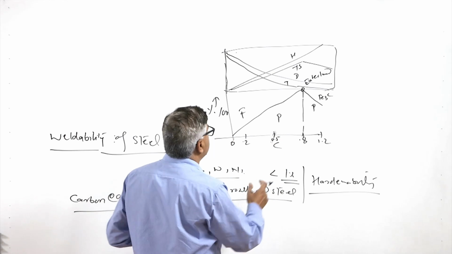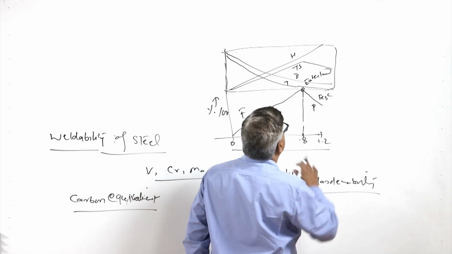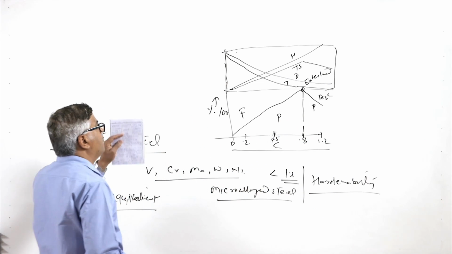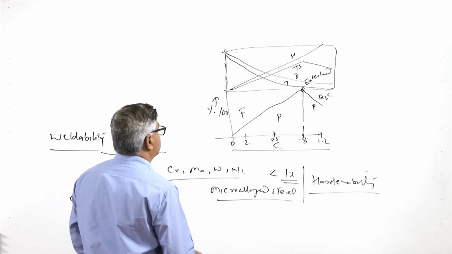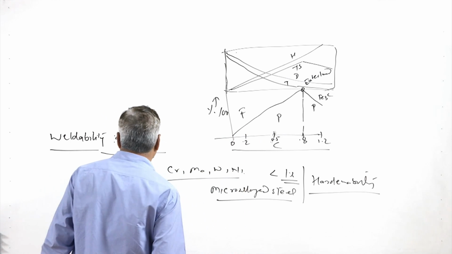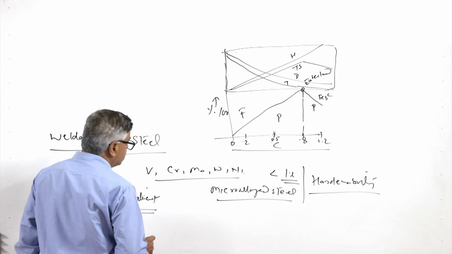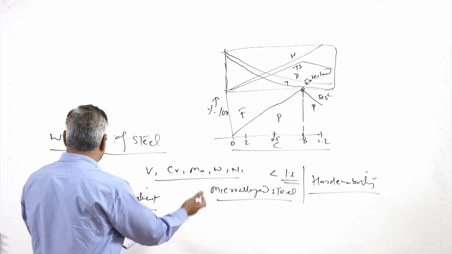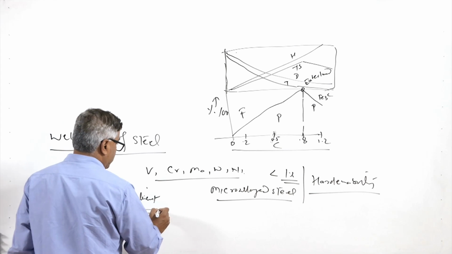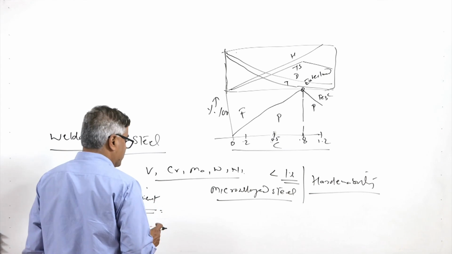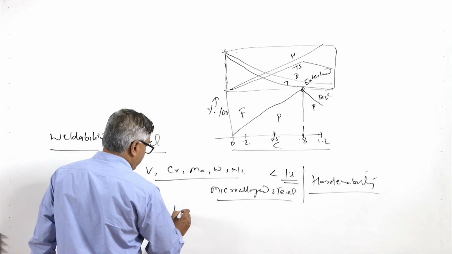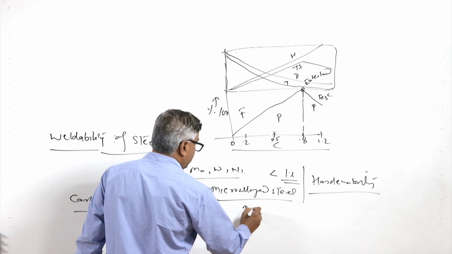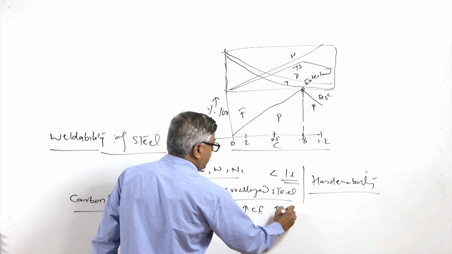So, if we see here, carbon is one of the prime elements affecting the phases present in the steel, as well as having a major effect on the properties of the steel. It is basically hardening and strengthening the steel. In order to see the effect of the alloying elements similar to that of carbon, a carbon equivalent has been established, which is related to the hardenability of the steel. In general, the higher the carbon equivalent, the higher the hardenability.